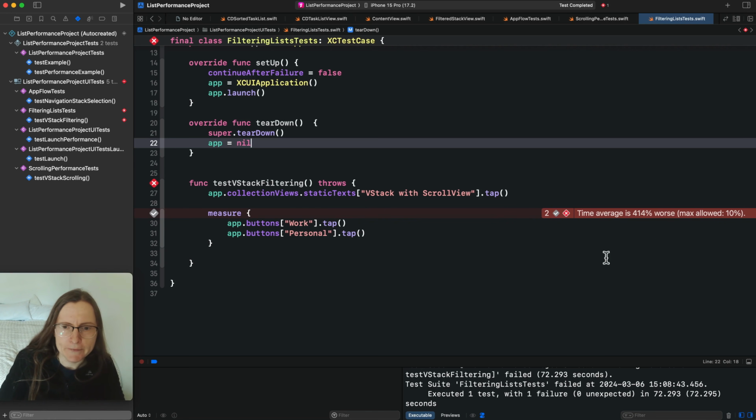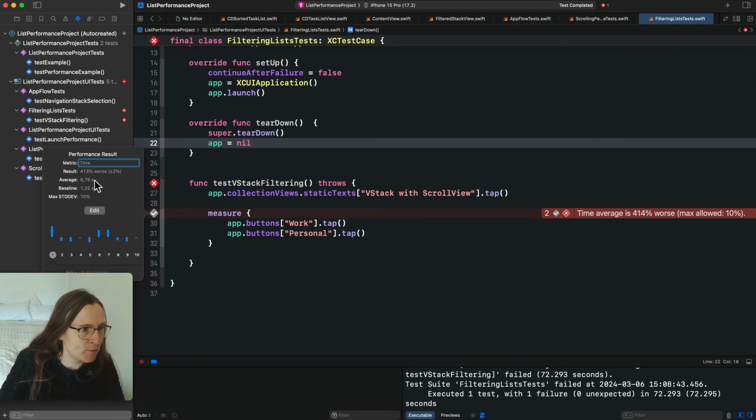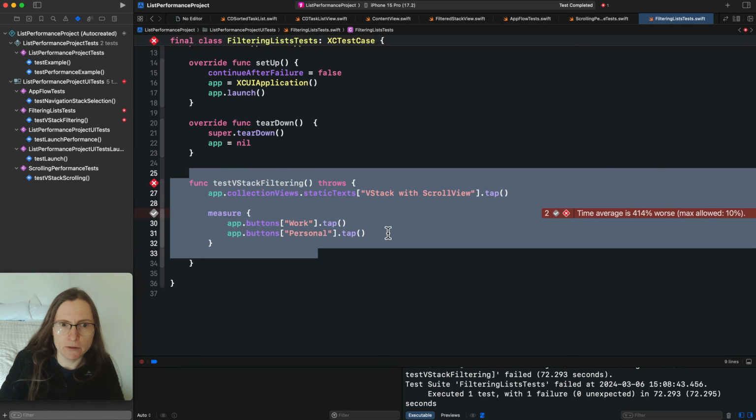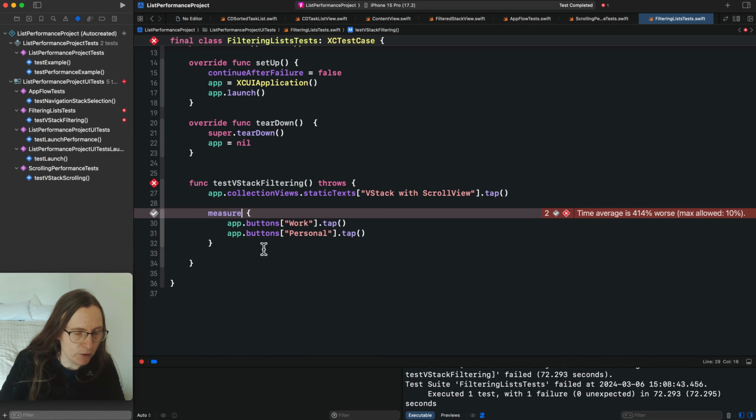Okay, now we have here a failed test telling me the time average is 400 times worse. So clearly away from the baseline. My baseline was 1.3 seconds, now it's 6.7. So this is clearly not a good sign. What the time here gives me is the CPU time. You can also add other measurement objects here, because the one that I actually wanted to know is also the memory footprint. So I need to check what it is,